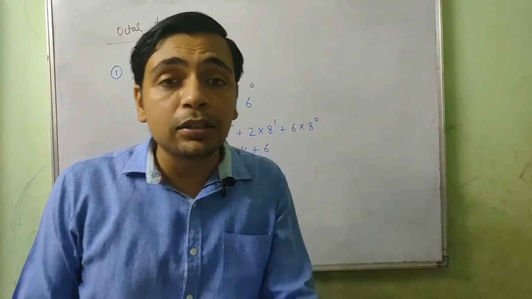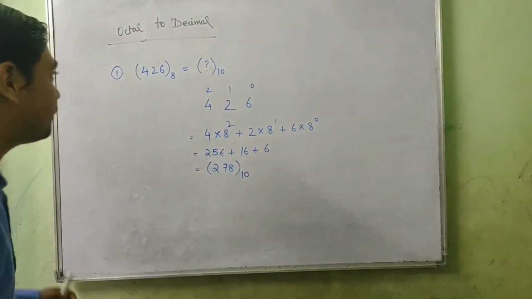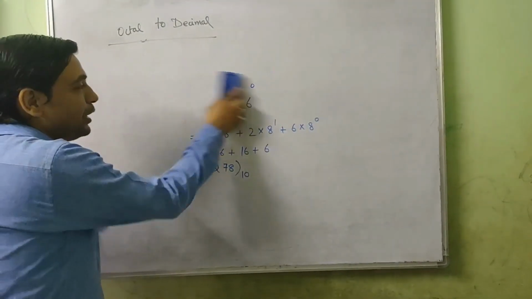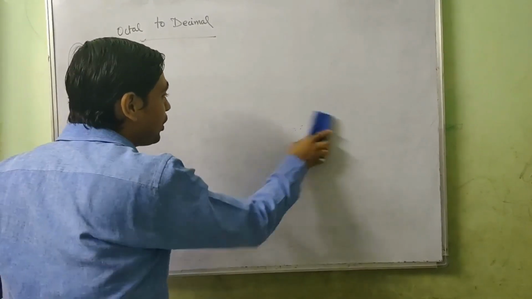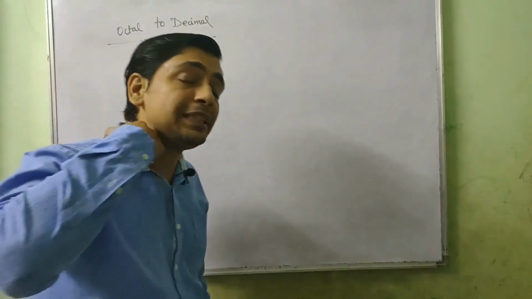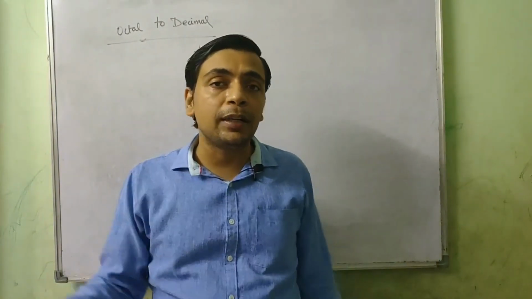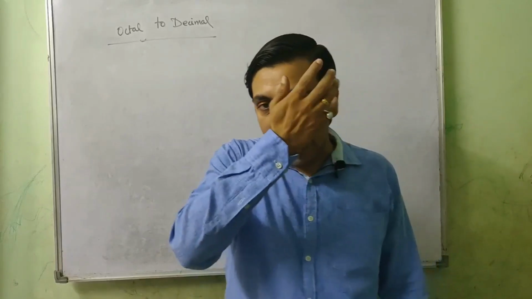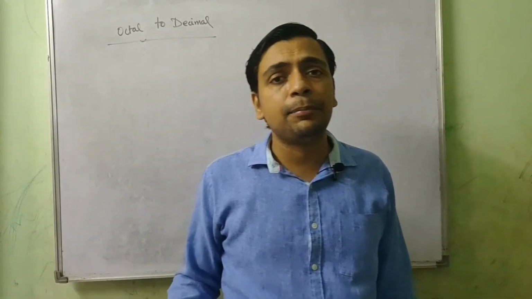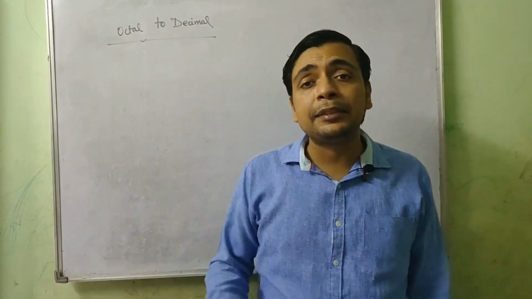Of course it can also have a point, an octal point here. When we generally say decimal point, it is because we use the decimal number system. But if that point is present in the binary number system, it is known as the binary point. When it is present in the octal number system, it is known as the octal point. And when it is in the hexadecimal number system, it is known as the hexadecimal point. You can call it with a general name: base point or radix point.